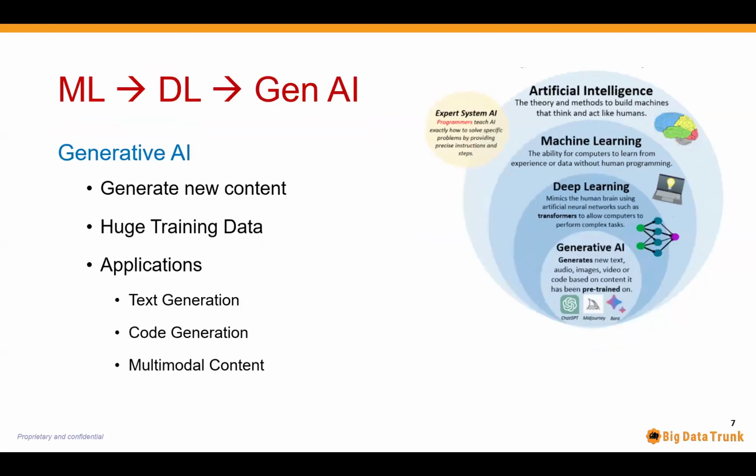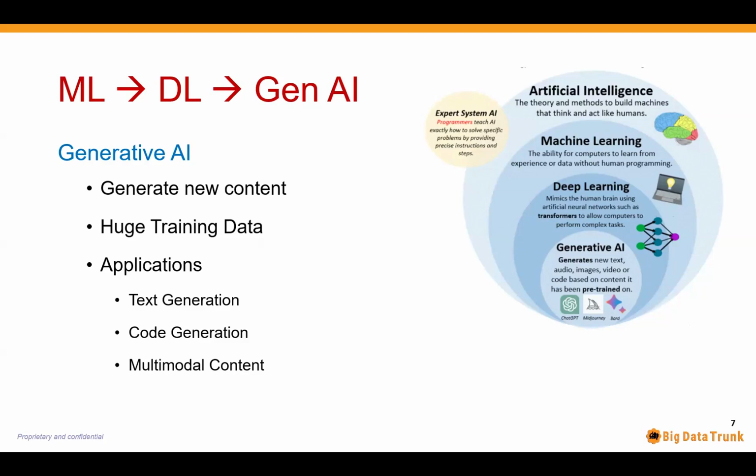This naturally, once again, led to the next wave of growth, which was generative AI. Till now, we were only focusing on using a lot of data to perform any one specific task. The tasks were slightly simpler and more straightforward in machine learning. They became more complex and powerful with deep learning. But now our whole intent has changed from using data to do something, to using data and then creating other data that looks very similar to this existing data. So that was where the shift actually happened.